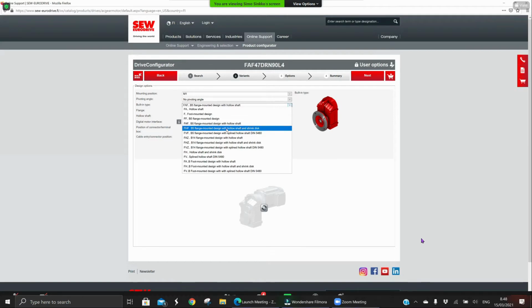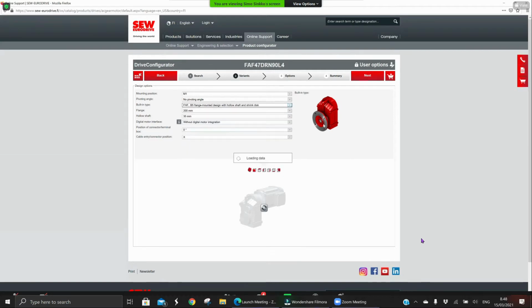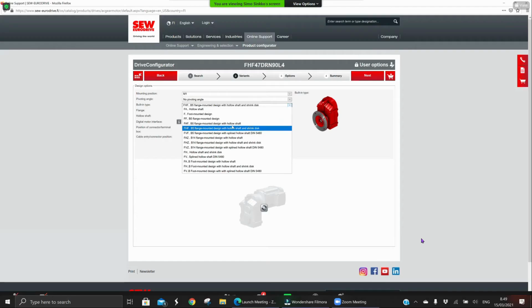This is with hollow shaft and shrink disc, so there are different options to transmit torque. This one is using the shrink disc. FAF is using the key. This one uses a splined hollow shaft. Well, we want to have this key connection, so I think this FAF is our best option, or then this FHZ, which is actually